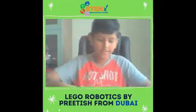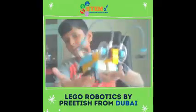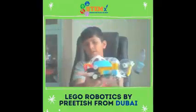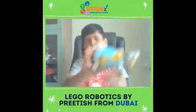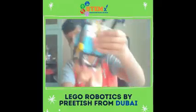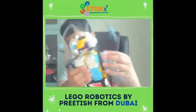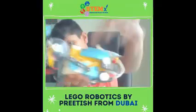Today I have built a grasshopper robot, and this grasshopper bot has the hub, the mastermind of this robot, and two motors connected to it by this series of wires. While these two motors will spin around,